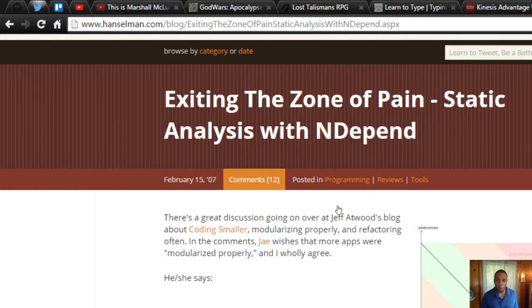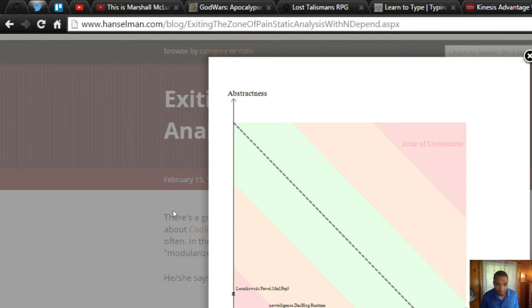They had like the zone of pain. And I really like this, right? So it analyzes your code and it tells you, hey, if things are up here in the zone of uselessness, it looks at your code and says, if a method is highly abstract and highly extensible, but it's not being used anywhere, then it's useless, right? That's the one extreme. And then the other extreme is the zone of pain, where things can't be extended and they're being relied upon very heavily.